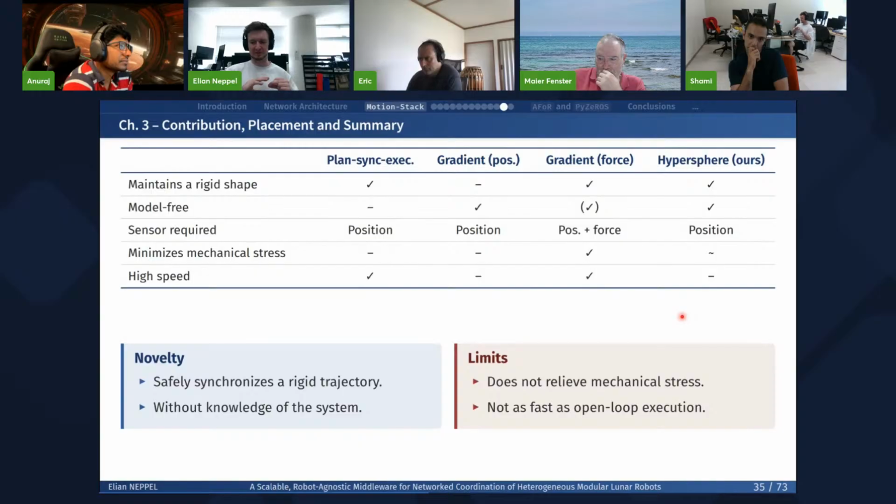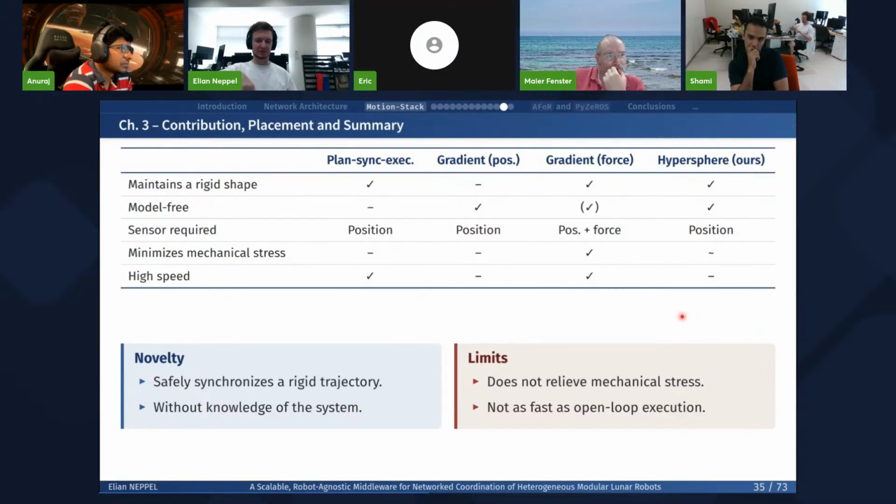That's important because we cannot create a precise model of the Moonbots, because there are many different modules that all behave differently. And also, as the sand enters inside the Moonbot, or simply they degrade over time, we cannot really adapt the model on the controller side to all of those modules. Like we have 20 modules at the same time in the lab. We cannot keep track of all of this. It's too much work also.